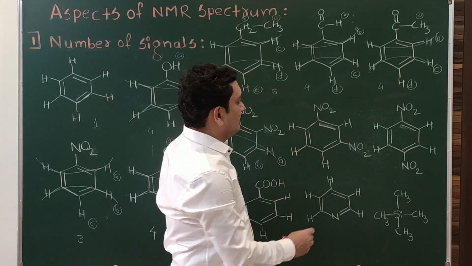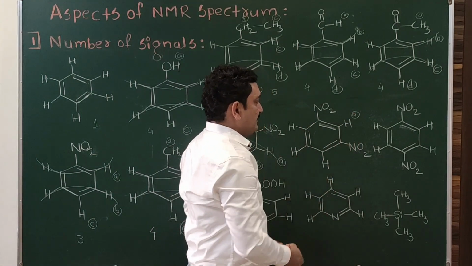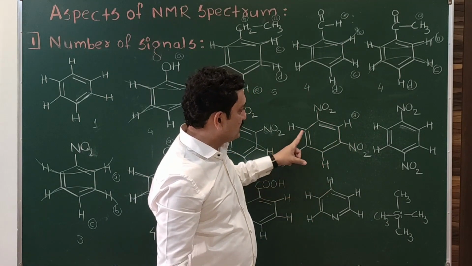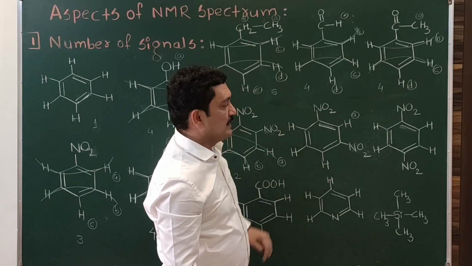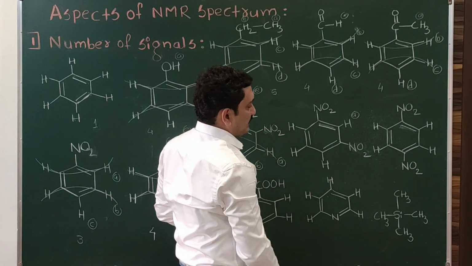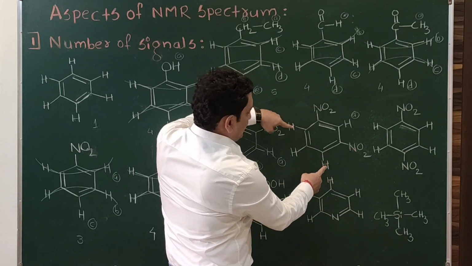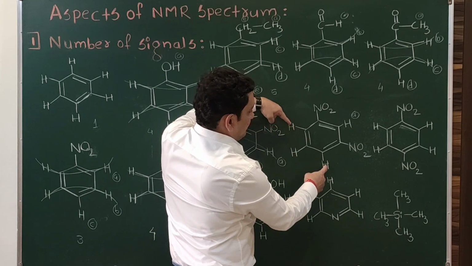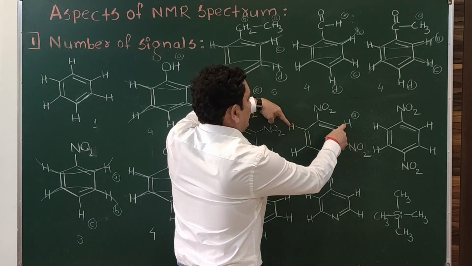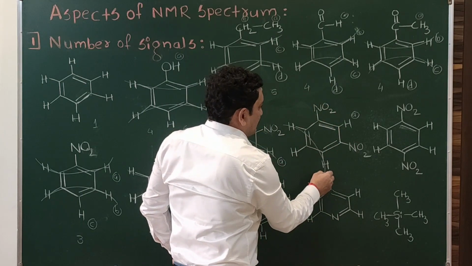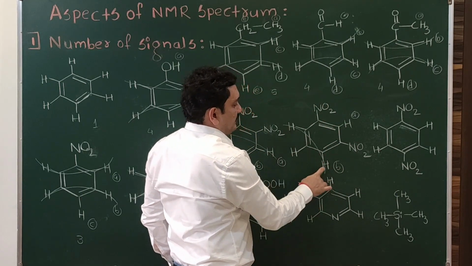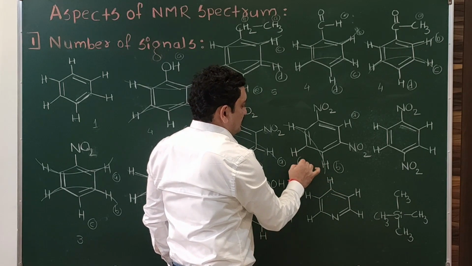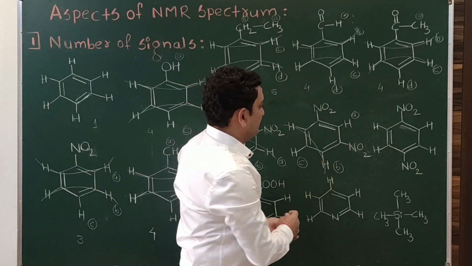Meta-dinitrobenzene, how many signals will it give? This hydrogen will give a separate signal because it is the only hydrogen trapped between 2 NO2 groups. There is no other hydrogen like this one. Now out of these 3, we have to check which hydrogens are equivalent. These are the NO2 groups. Check these 2 hydrogens; at least this side is the same. H, same environment; NO2, NO2, same environment. So these 2 hydrogens are equivalent to each other. Collectively they will give the same signal B. This one is different from the rest, so that will give the third signal C. So the number of signals will be 3.